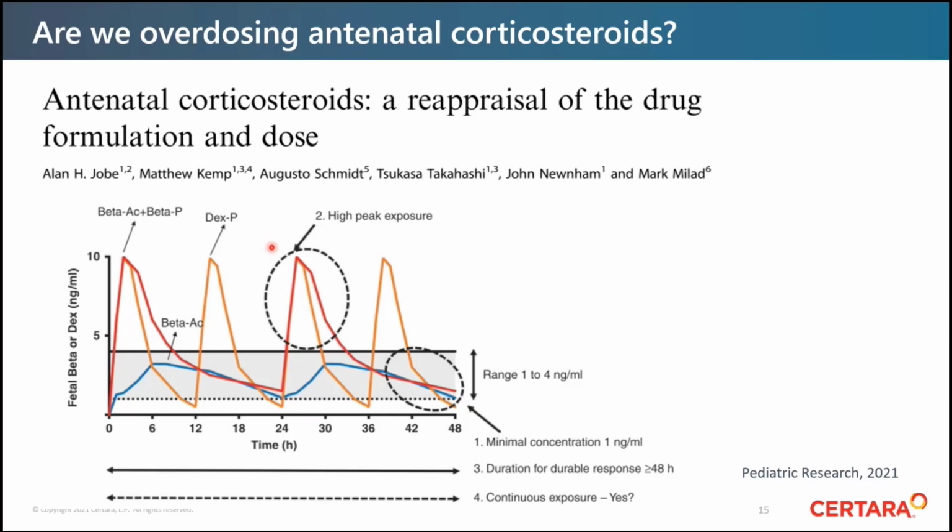So this was a simulation study that's been conducted using a betamethasone PBPK model, where they show that the typical betamethasone acetate and phosphate exposure in this red line has a very high Cmax, much greater than the estimated range for the therapeutic index of 1 to 4 nanograms per mil. And the same with dexamethasone, which is an alternative corticosteroid that's used in this population. And so you can see there's a much higher peak effect,